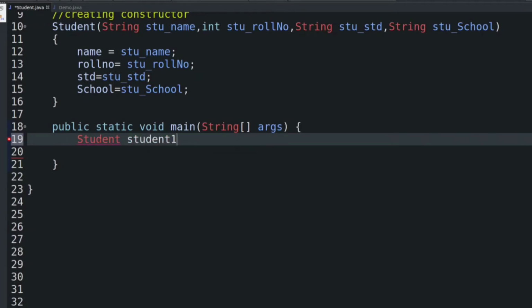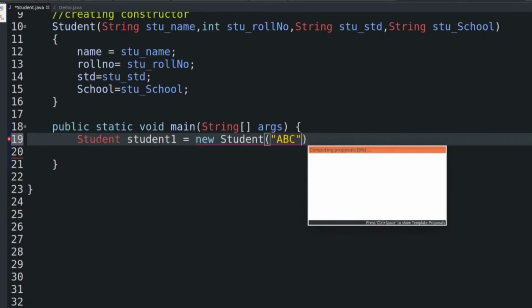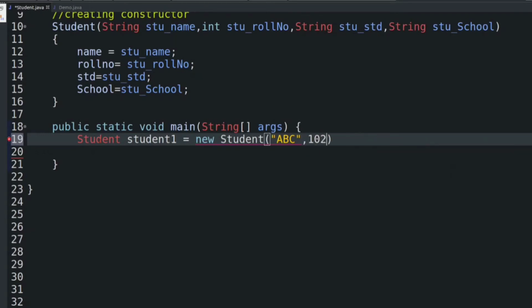Okay, then we have to write the new keyword and then the constructor, and here we have to pass the values that we want to give to the fields of the object. So here name, suppose ABC, roll number, suppose 101, and then there will be a standard and suppose it is 5th.